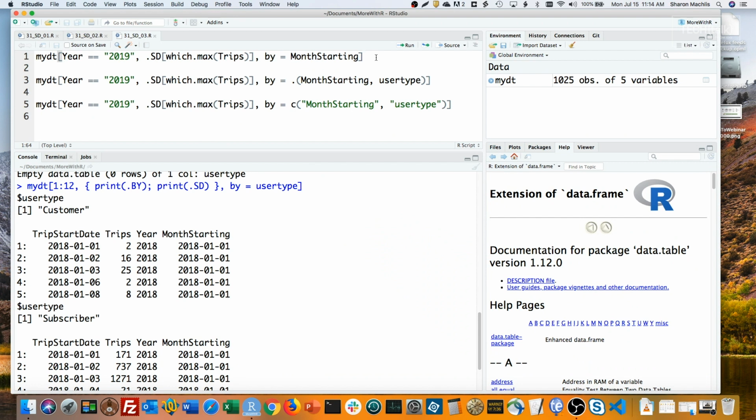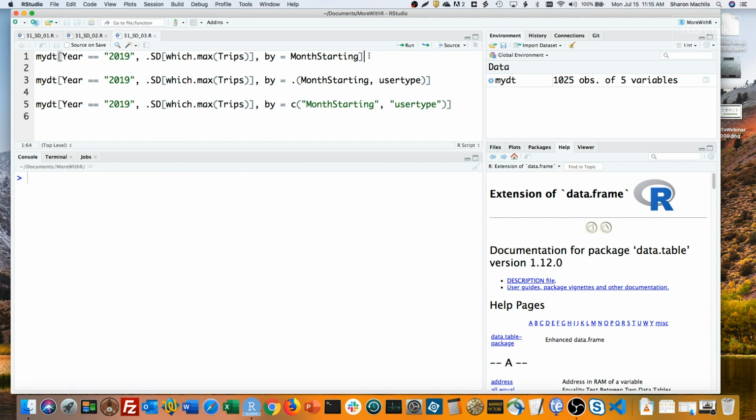This first line of code has it all. The i argument is filtering for any rows where the year is 2019, so I'll just be looking at this year. The j argument is the interesting part for .SD. Think of .SD as referring to each group of your data as it iterates, or as Matt said, you do j by, like a for loop. So let's run that first line of code.